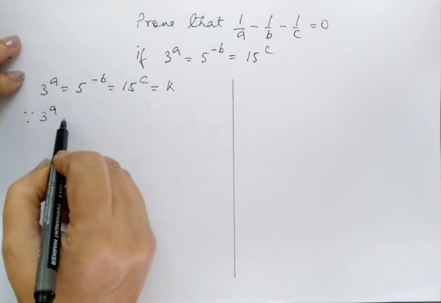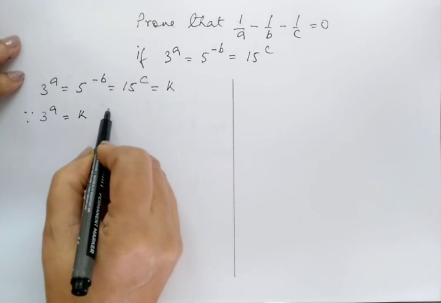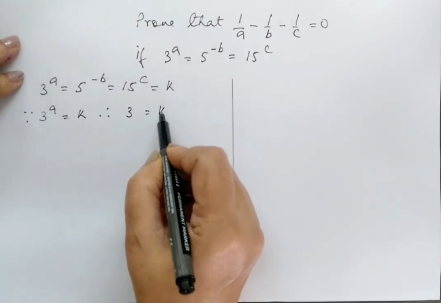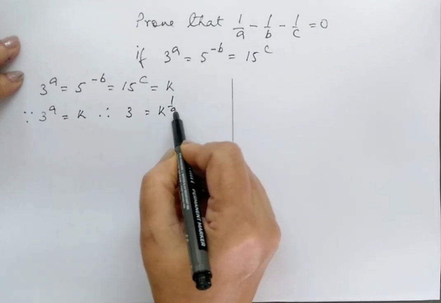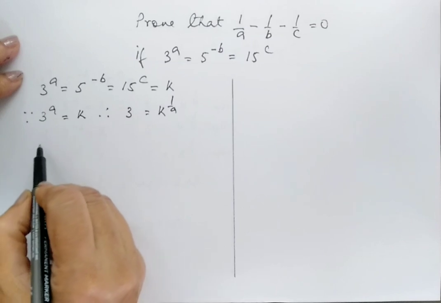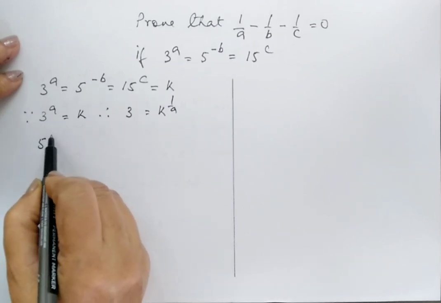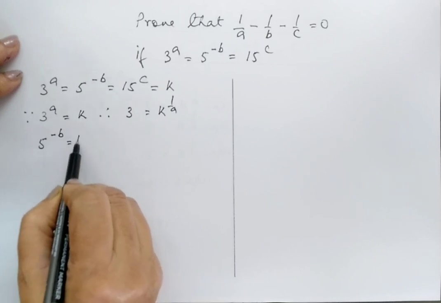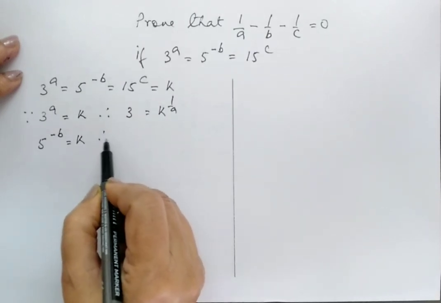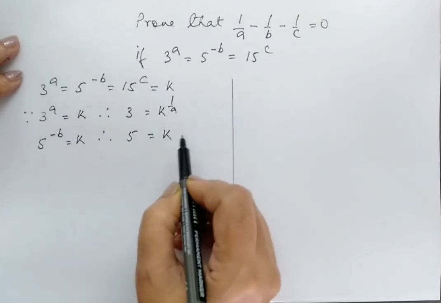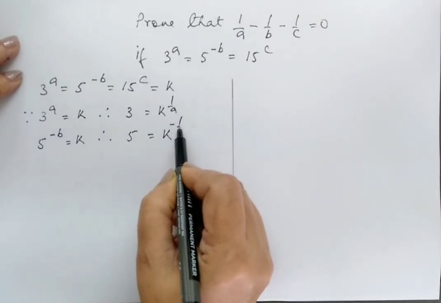Since 3 to the power a is equal to k, therefore 3 will be equal to k to the power 1 by a, isn't it? Similarly, we have 5 to the power minus b equals k, therefore 5 alone is equal to k to the power minus 1 by b,